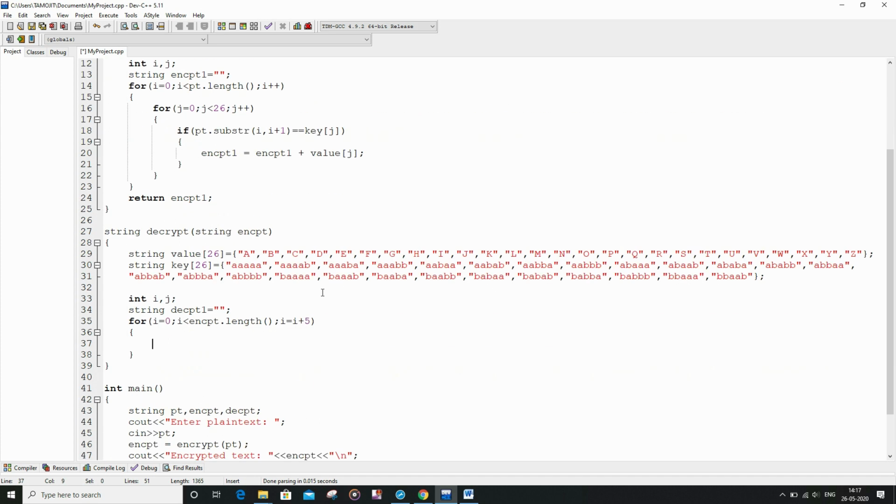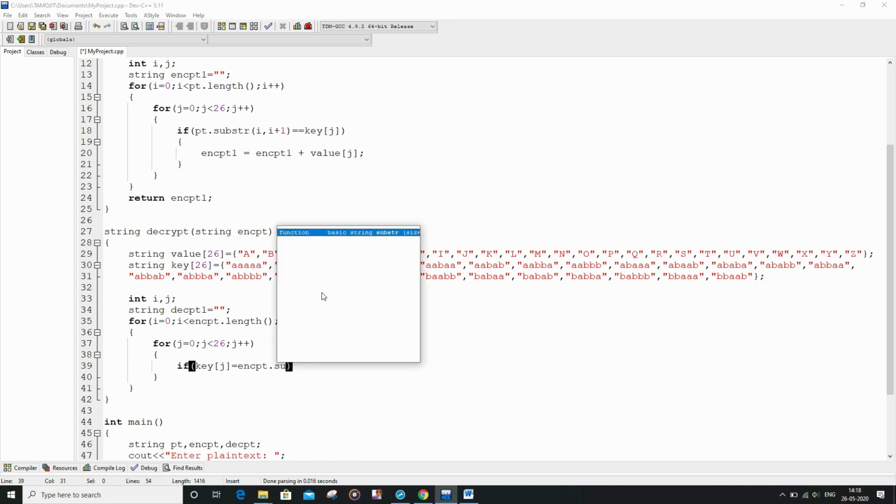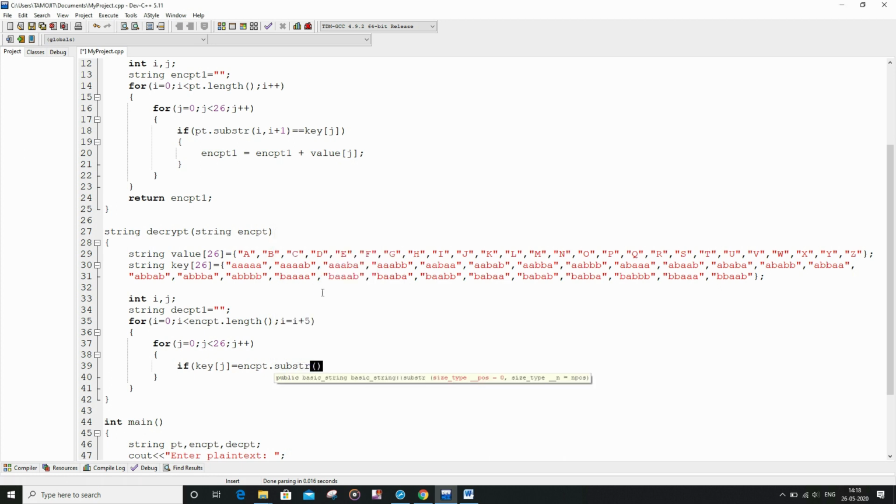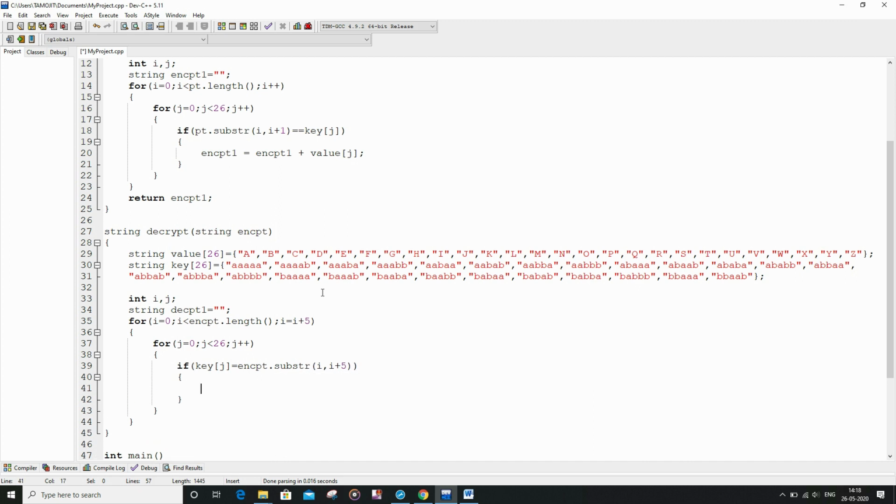And for the inner for loop we are going to write for j equal to 0, j less than 26, j plus plus. And now we are going to give the if condition, if key of j equal to, then it is going to execute this line.